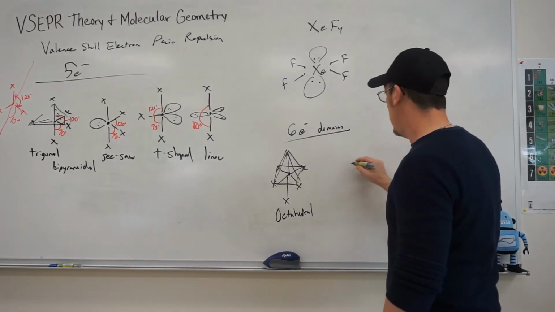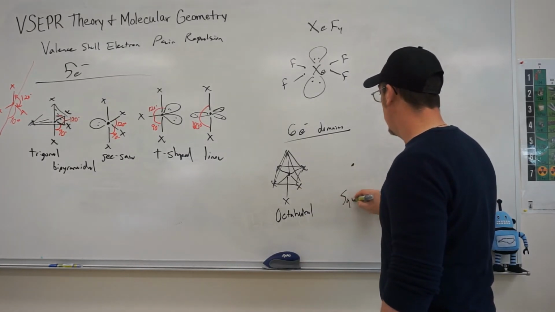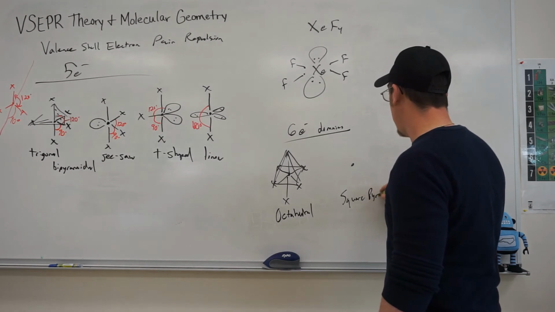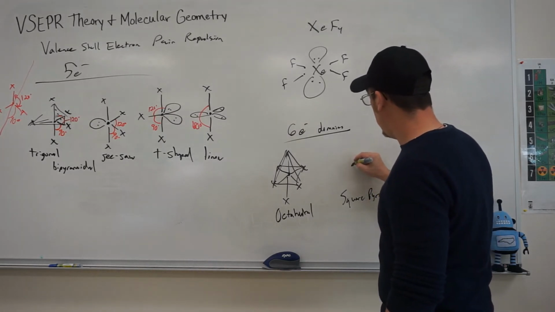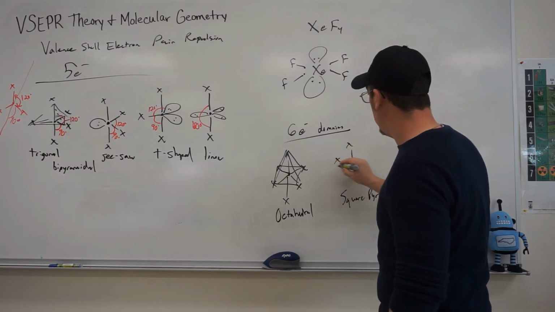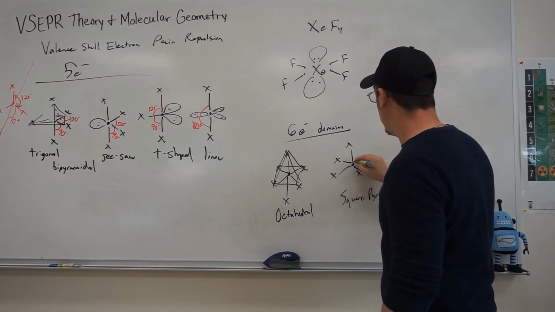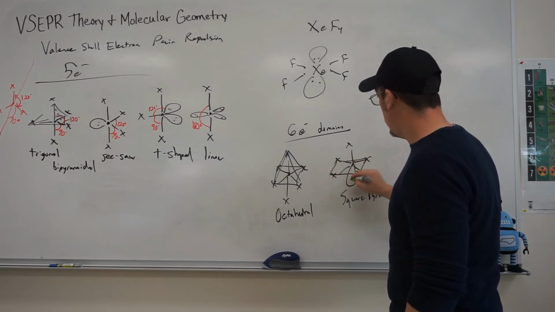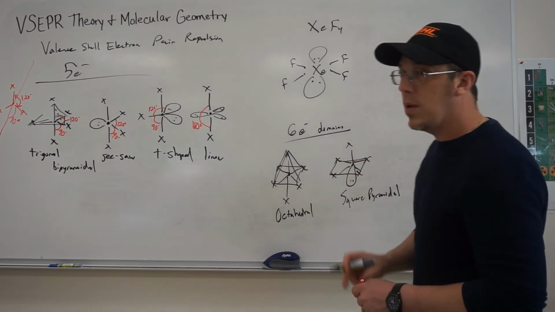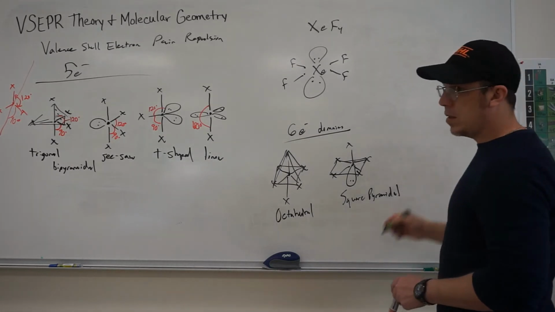And then we have the next one, which is called square pyramidal. So this is where we add in a lone pair. So here we have X up on top, here, here, and then the square is because you see the square here. Now the lone pair is on the bottom here, and then we have one more, which is called the